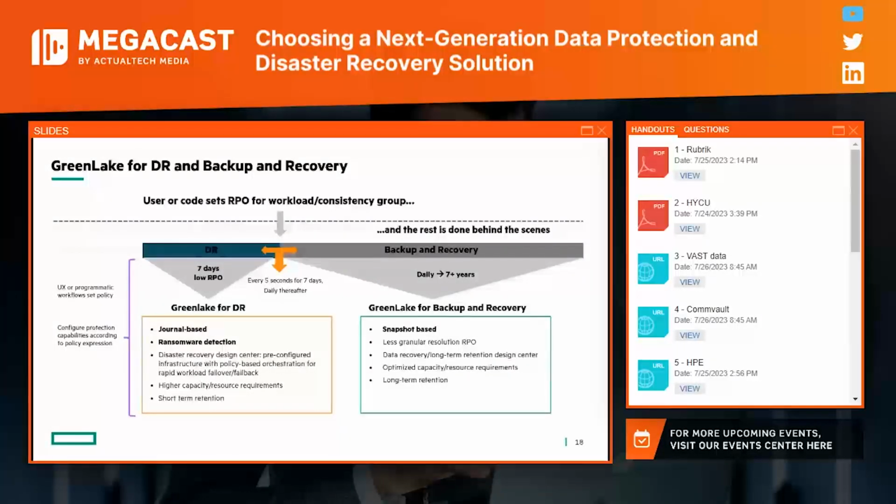All right, GreenLake for disaster recovery. I've talked about GreenLake for backup and recovery, and I just talked about Zerto, and I said earlier in the presentation that Zerto is really just underneath the covers for GreenLake for disaster recovery. It's exactly what it is. So on that single cloud control plane, not only can you manage your networking, compute, and storage, you can protect your full stack workloads with GreenLake for disaster recovery, as you can see on the left, protecting those low RPO workloads, journal-based, very quick recovery. And then for your lower tier workloads, GreenLake for backup and recovery. And again, it's all policy-based and automated, and you can cover that complete stack with our 2 products on the GreenLake Cloud platform, single cloud control plane again.